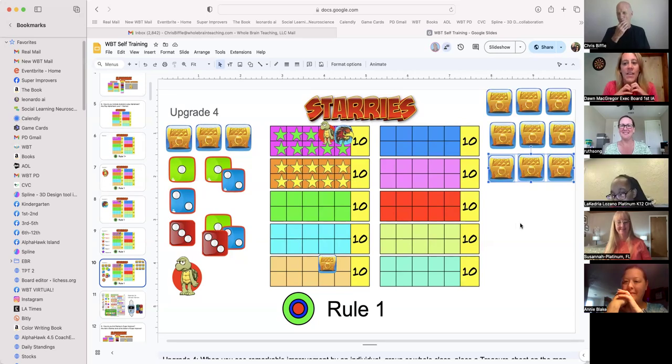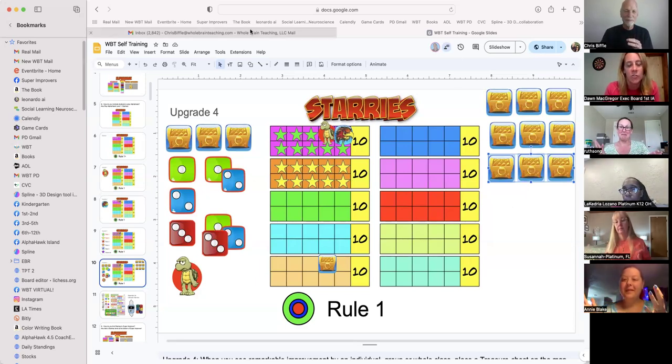Go. All right, thank you, Coach. So yeah, we're working in a lot of that intrinsic reward. And uncertain reward. We don't know what's going to be under these treasure chests, so that just builds that excitement for the game. All right, now,